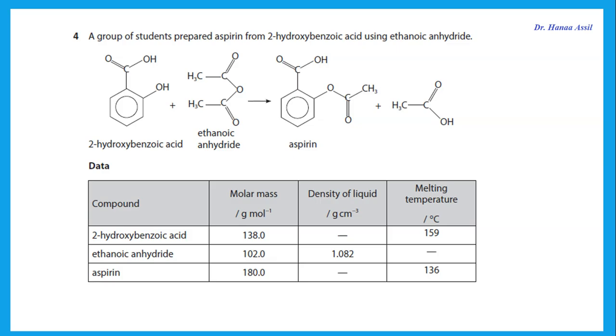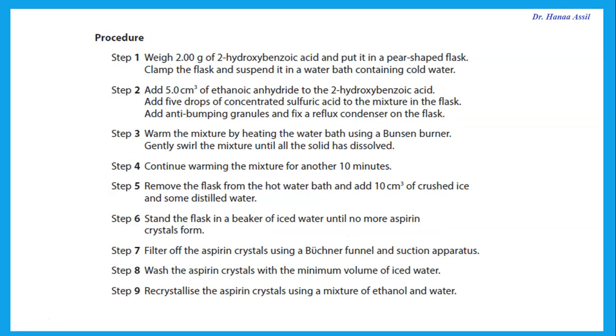Question 4 says a group of students prepared aspirin from 2-hydroxybenzoic acid using ethanoic anhydride, and were given the equation and some data in a table. The procedure was: weigh 2 grams of 2-hydroxybenzoic acid, put it in a pear-shaped flask, clamp the flask, suspend it in a water bath containing cold water, add 5 cm³ of ethanoic anhydride to the 2-hydroxybenzoic acid,